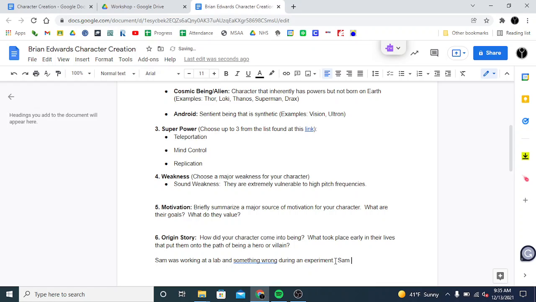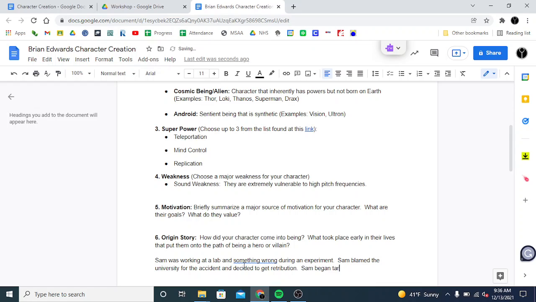Sam blames the management, no, the bosses, or instead of college, blames the university. There you go, the university for the accident. Sam blamed the university for the accident and decided to get retribution.